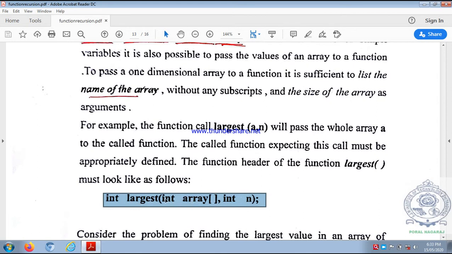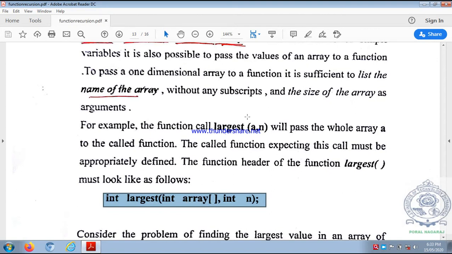The first formal parameter you can observe is int array without size, because here also we are passing the array name a without any size, no square braces. So here we have to specify the data type of the array, and the data type of the array is int.